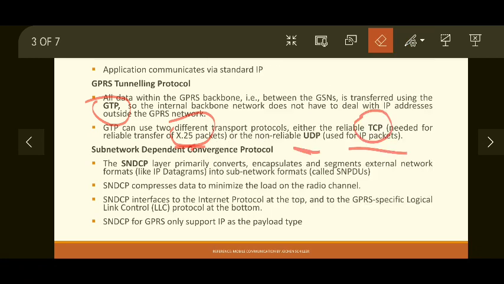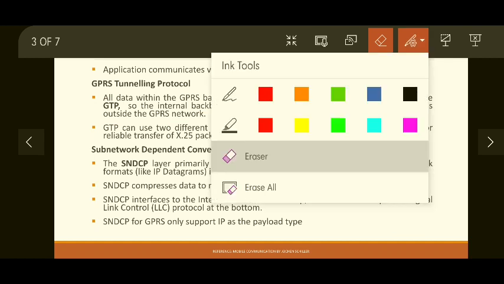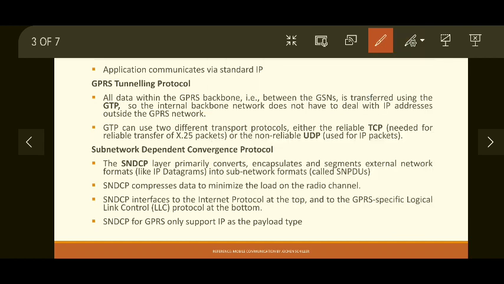Okay. Then the next protocol which is new is SNDCP. The full form is sub-network dependent convergence protocol. As I discussed, packets come from different sources of the external network, those may be computer based or server based, and the delivery has to be made towards the mobile station, which is of very small size and which has certain restrictions. Okay, so it is using different protocols.